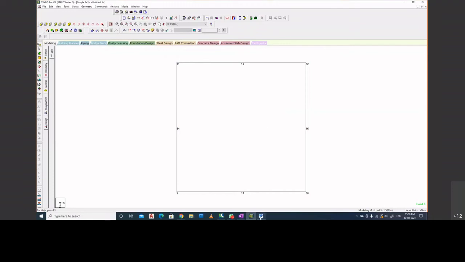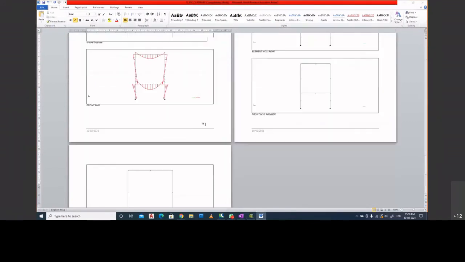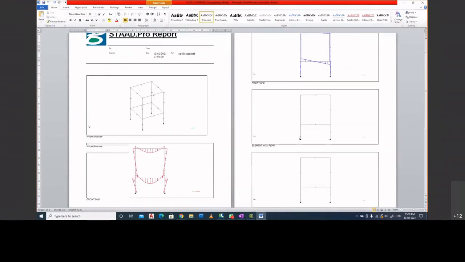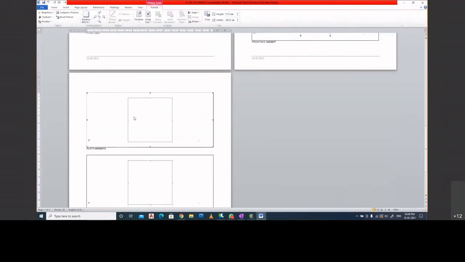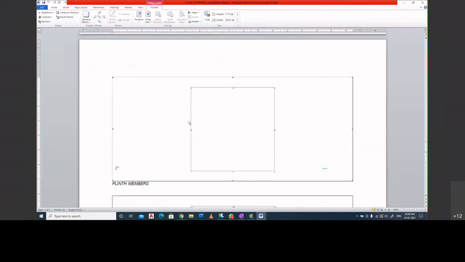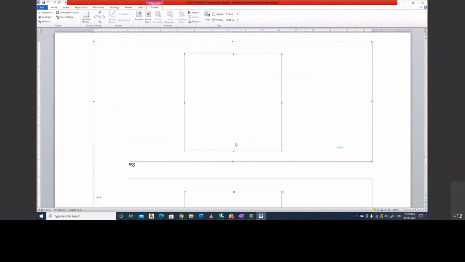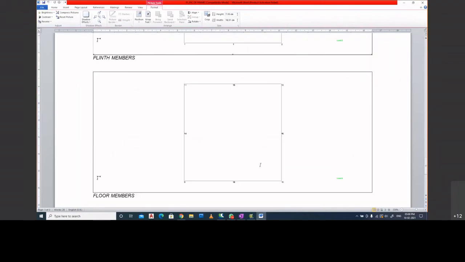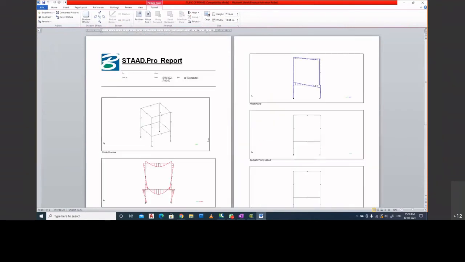So whenever you are providing a report to someone, he can refer, okay, this is a shape, it is a single story. And also he can directly refer to the members as well. He can have a look, this is node number 2, 3, 4, 1. He can identify it. So this is how you can get these pictures.